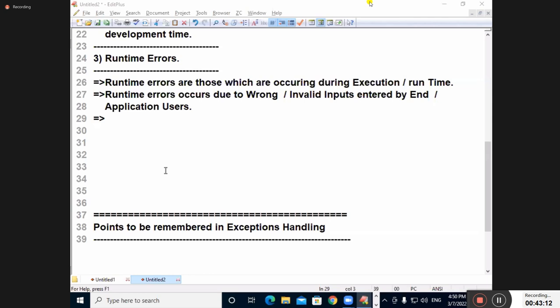Once again, take one more example. You are going to PhonePe to pay something to somebody else. What is it asking again? PIN. What are you entering again? Wrong. What does it tell you? Invalid PIN. Try again. What is the meaning? Whenever the end user enters wrong input, it asks once again to enter. It gives a message you can understand, and behind this user-friendly message, some code was written. That code is written with respect to the exception handling concept we are going to learn.